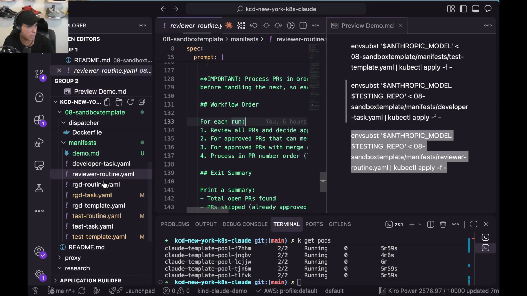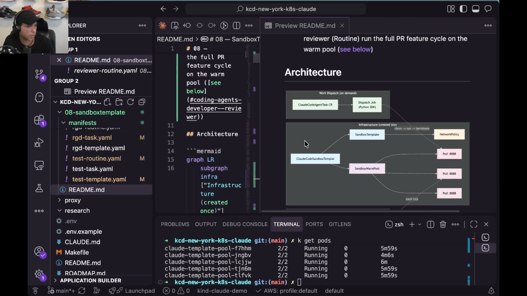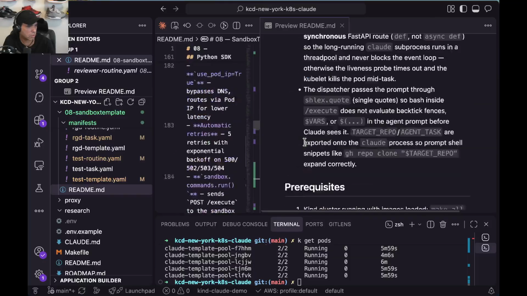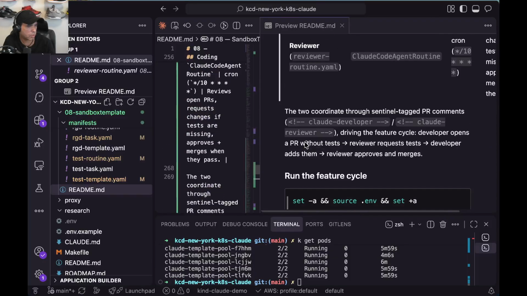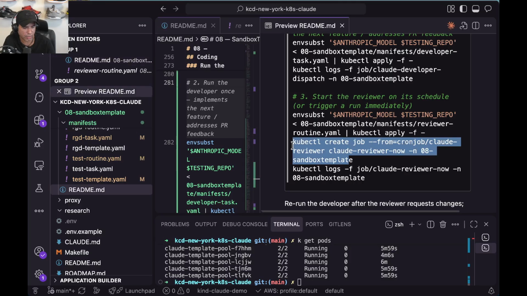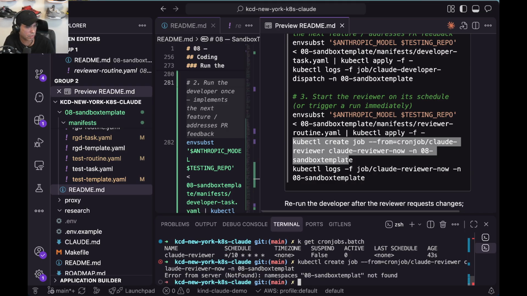So if we look at the command here to dispatch one of these jobs, for the reviewer, I can launch one off of the job that got created, because there's a cron job, right? If you look at the cron job, it's just there. It hasn't launched yet. I don't want to wait 10 minutes. So if I launch it,